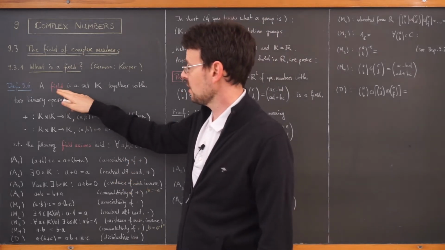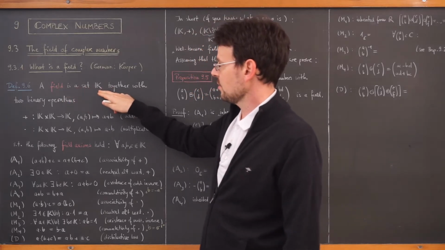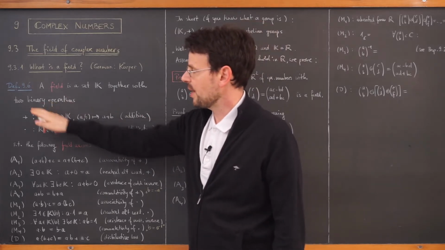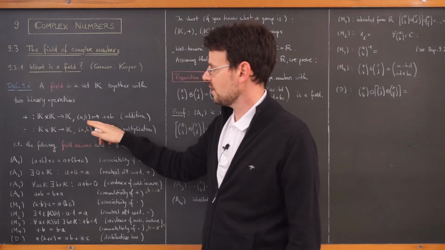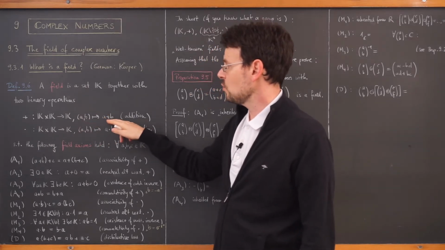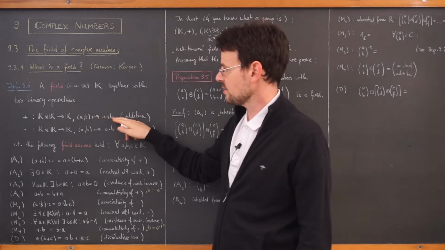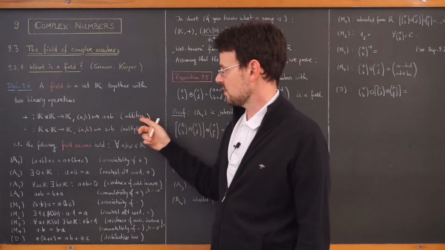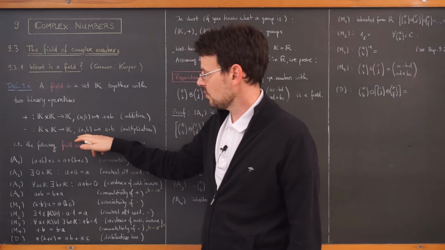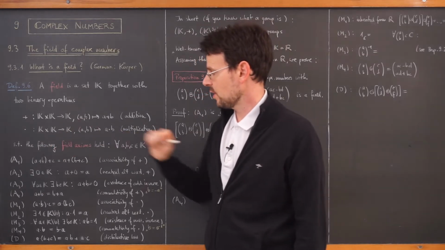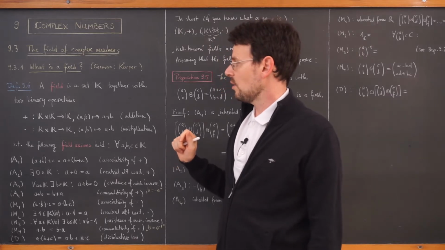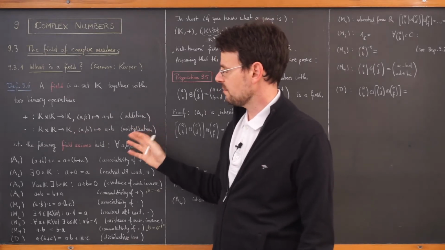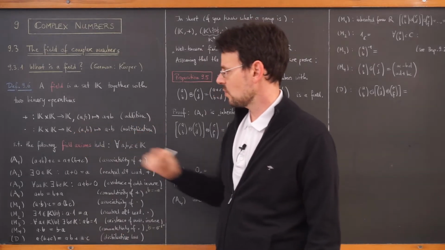But mathematically speaking, a field is a set, and you have two binary operations, addition and multiplication. Binary means you take two elements of this set and you make a new element out of them. In this case, a plus b, which needs to be an element of the set K as well. This is addition, and multiplication, you take two elements and multiply them to get a new element of this set K. And this set, together with these two operations, is called a field if the long list of so-called field